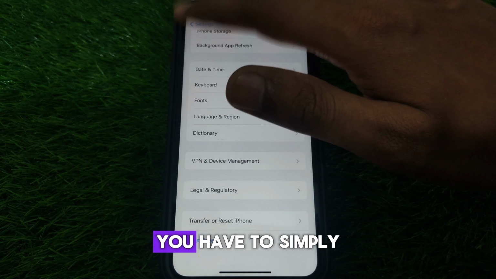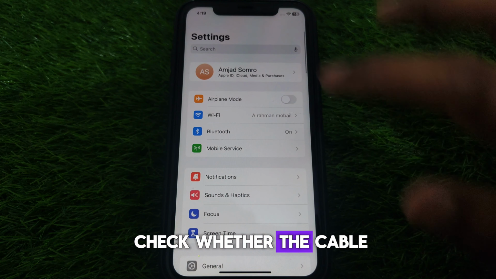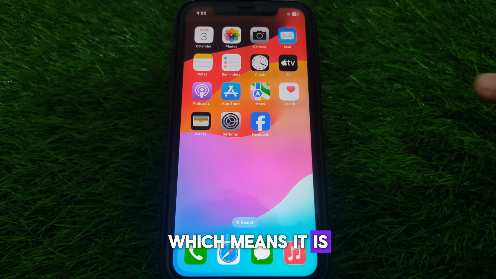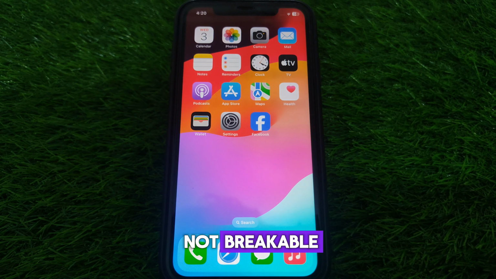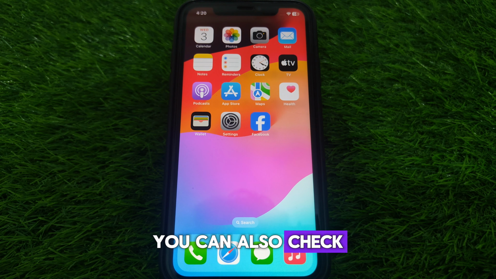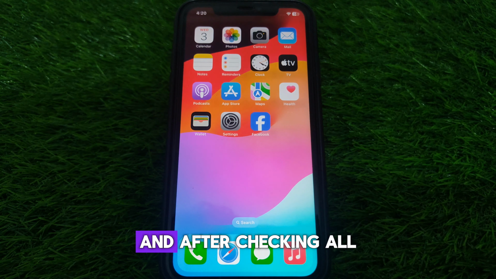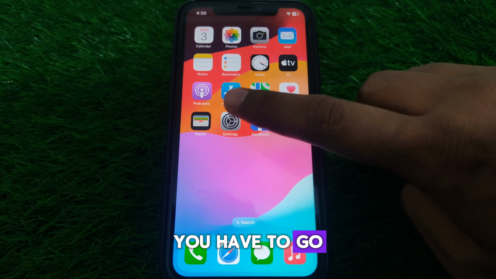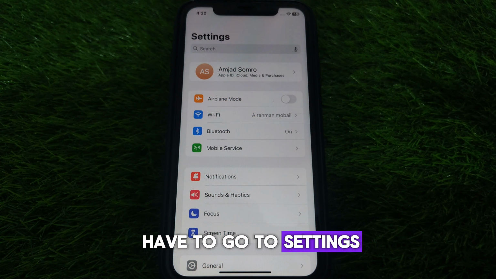and after going back, you have to check whether the cable you have connected is well and good, which means it is not broken or anything like that. And after that you can also check your computer USB ports. After checking all the details, you have to go for the next step, which is that you go to Settings,